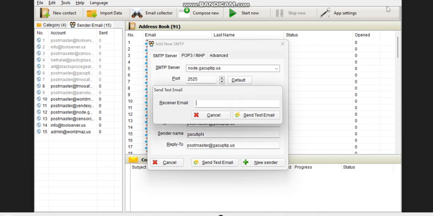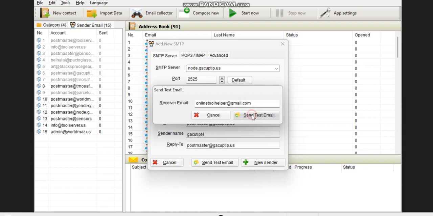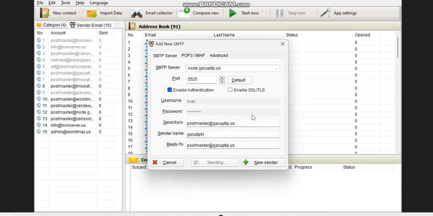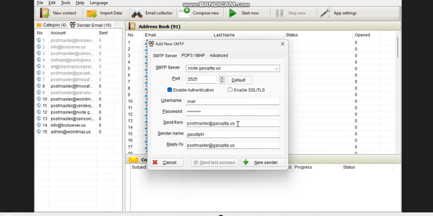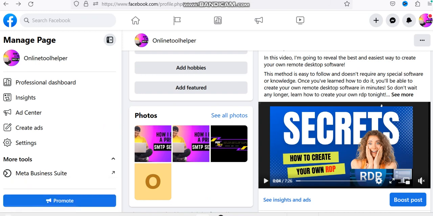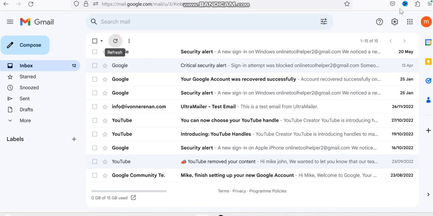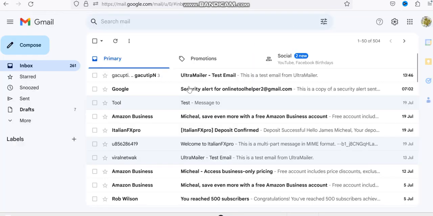So I'll be testing to an online helper, and I will hit the button. Oh, sorry, send test. Okay, then let's see. Let's check our mail. Even before checking mail, you can see the notification that entered my phone right now, which shows it's inbox. But let's check our inbox right here. Okay, let me go in. And boom, here we go. We have it actually in